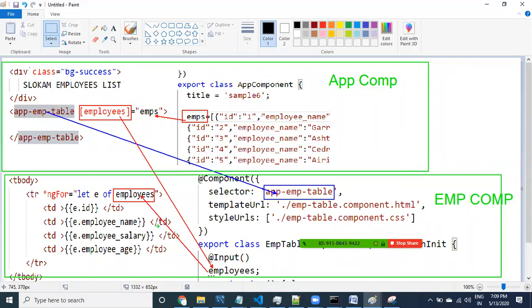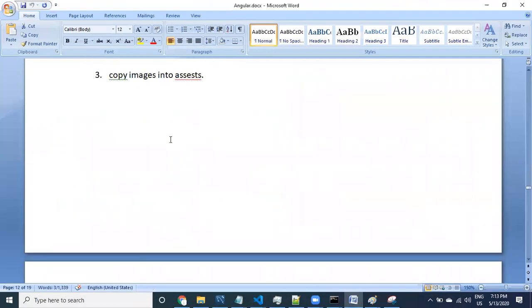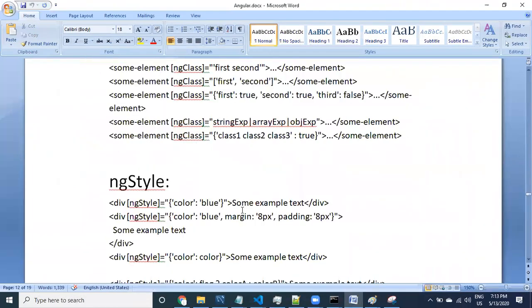All right guys, so now I'm going to take this. See here guys, I'm going to paste this diagram here. It will be helpful for you.